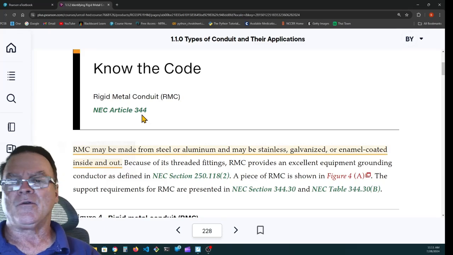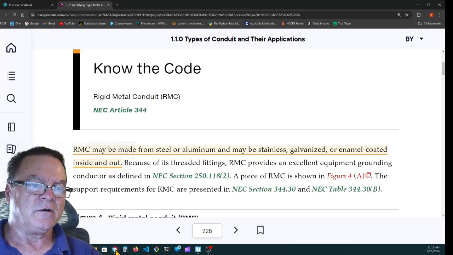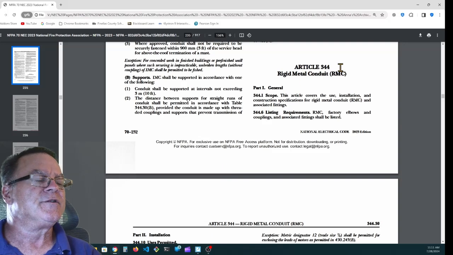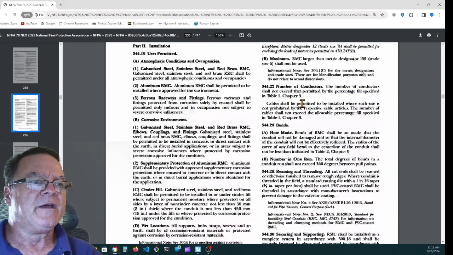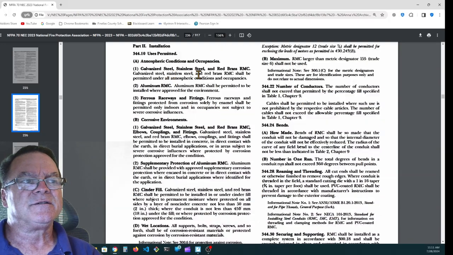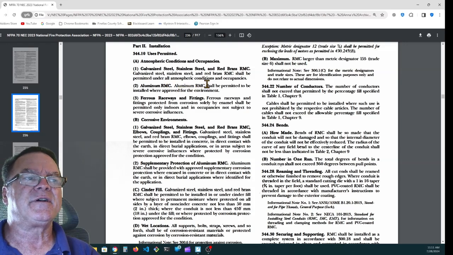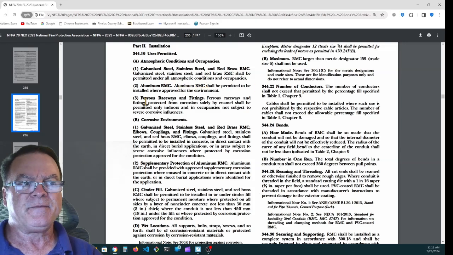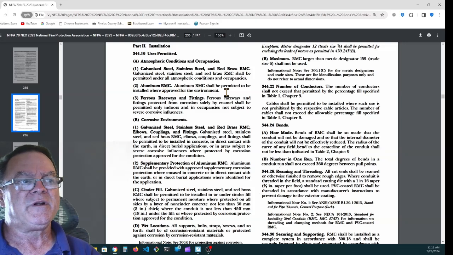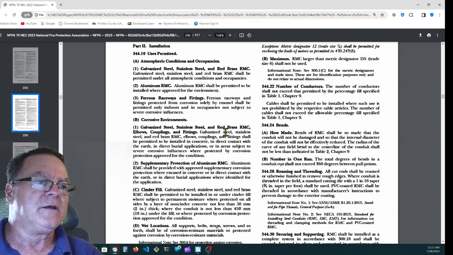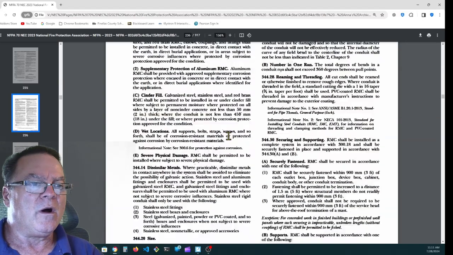Rigid metal conduit, Article 344. Let's take a look. Here's Article 344, rigid metal conduit. And it states galvanized steel, stainless steel, and red brass rigid metal conduit shall be permitted under all atmospheric conditions and occupancies. Aluminum rigid metal conduit shall be permitted to be installed where approved for the environment. So we can go on to